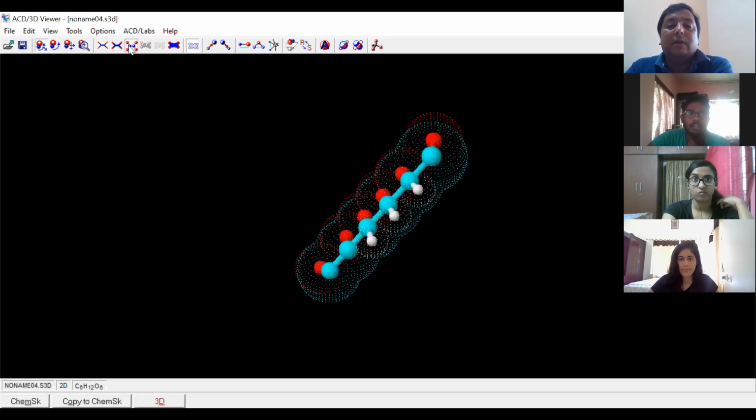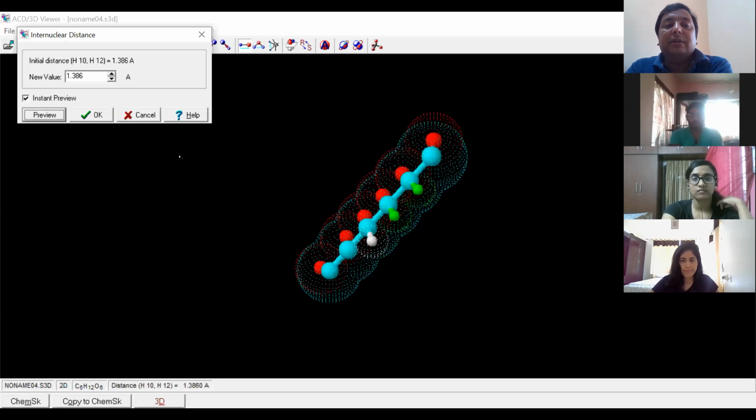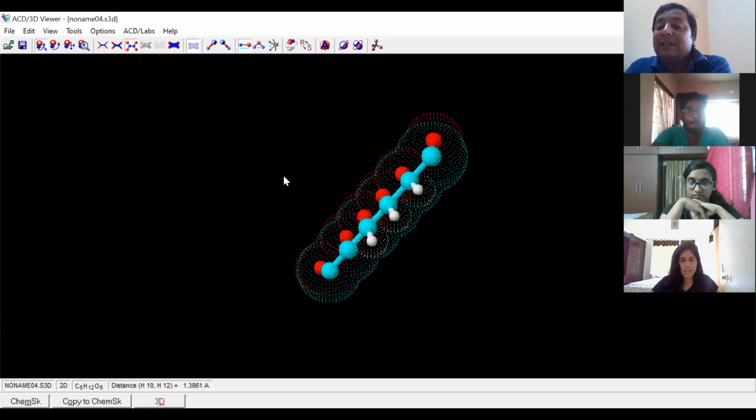Yeah, the rendering. So now you can see that some surfaces are there, right? And you can map the distance between two atoms. If you select two atoms, you can see that the distance between them is 1.386 angstrom. Two atoms have been selected, right? Can you see here? The value is 1.386 angstrom. Cancel it. This is the molecular distance, the bond length between two atoms.